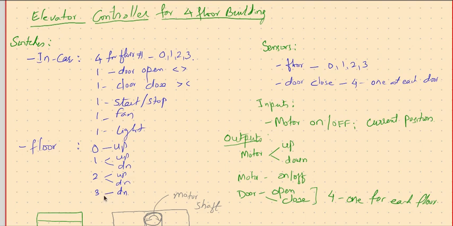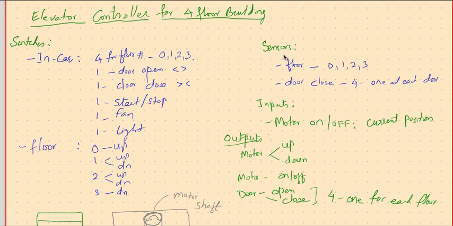But when it is the third floor, there is nothing above the third floor. Therefore, if you want to use the elevator from the third floor, the only option is to go down. So only one down button is sufficient. Now, why we are saying this is, instead of having up and down buttons everywhere, if you avoid them where they are not required, then one, two, three, four, five, 6 buttons are sufficient instead of 8. Okay, done.